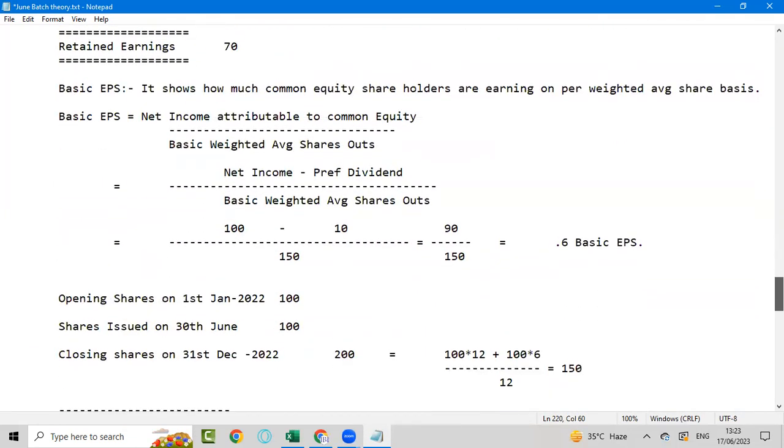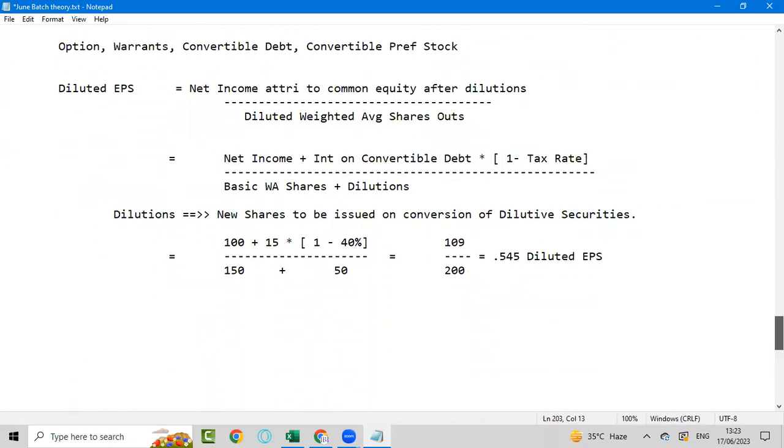हाँ, ये देखो यहाँ पे 10 रुपए माइनस किए थे, तो अब ये कन्वर्ट हो जाएंगे तो हमें माइनस नहीं करना। लेकिन एक आइटम है जो हमने ऐड कर दिया, वो क्या है? कन्वर्टेबल डेट का इंटरेस्ट। तो अगर कन्वर्टेबल डेट कन्वर्ट हुआ तो इस पर जो इंटरेस्ट है वो हमें ऐड बैक करना पड़ेगा। लेकिन अगर इंटरेस्ट ऐड बैक किया तो टैक्स ज्यादा पे करना पड़ेगा, तो हम इंटरेस्ट को पोस्ट टैक्स ऐड करेंगे। डिवाइड बाय क्या किया? बेसिक शेयर्स जो पहले के थे वो, प्लस डाइल्यूशंस।